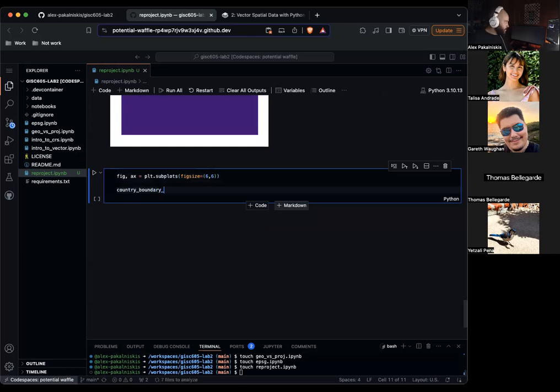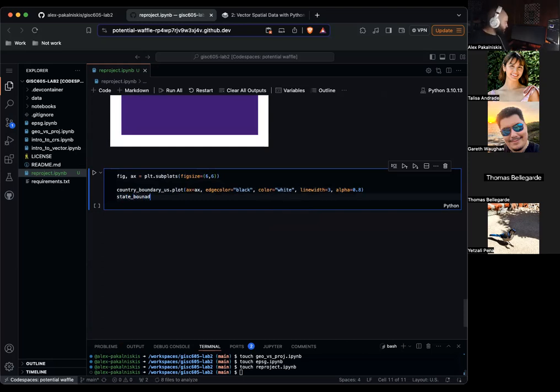Country boundary US dot plot, ax equals ax, edge color equals black, color equals white, line width equals 3, alpha equals 0.8.